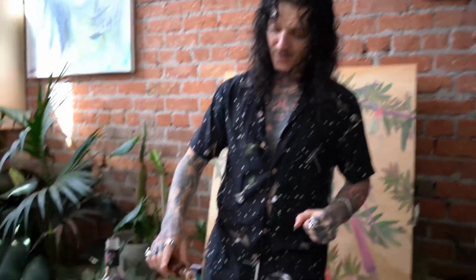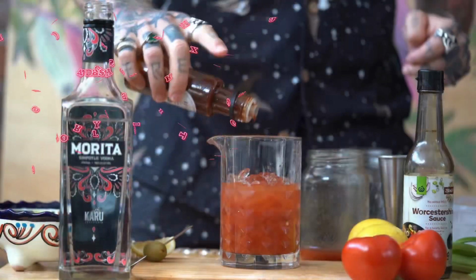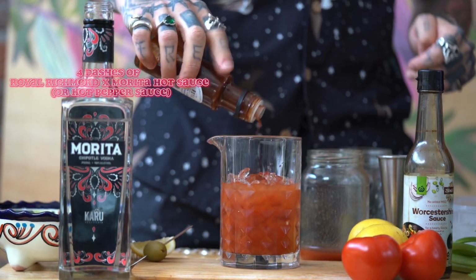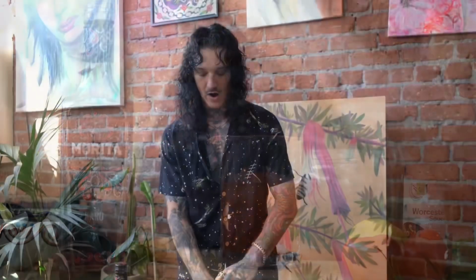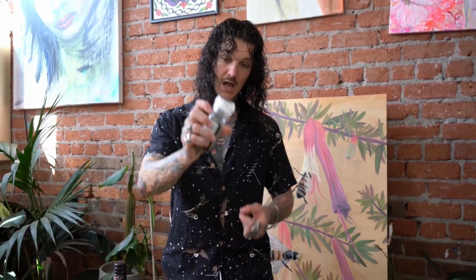Now followed by this delicious persimmon hot sauce. Oh, now this is not too hot. I absolutely love this as well. I tried it over some eggs before just to give it a bit of a taste test, and some fried eggs paired with this would be absolutely delicious. Now I love my spice, and because there's not much in it, I am going to add a fair few drops into there. Alrighty, and we're just gonna chuck in a little bit of pepper,